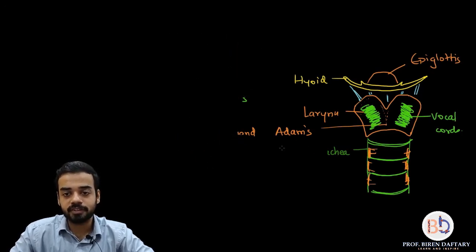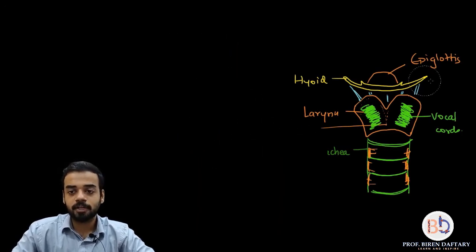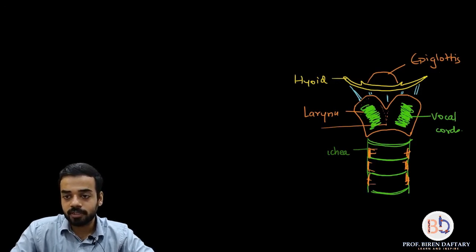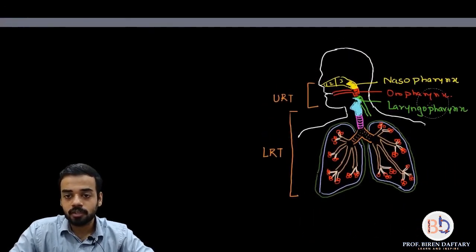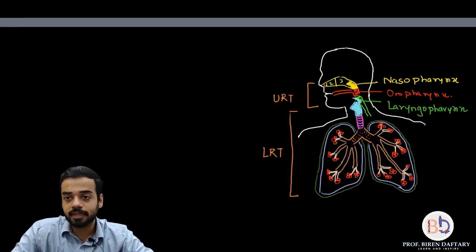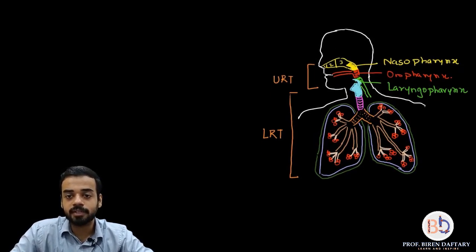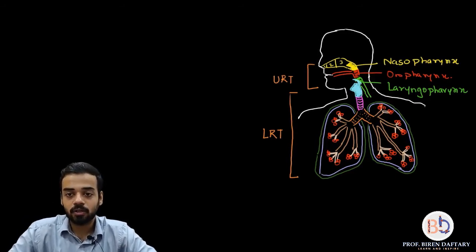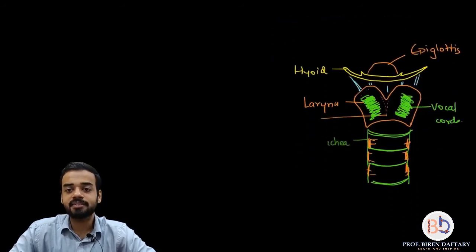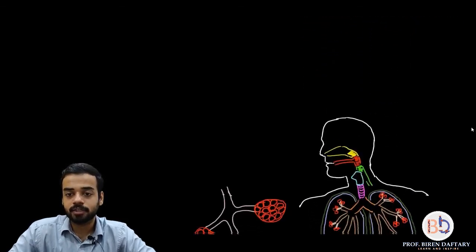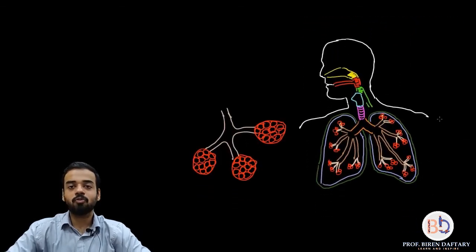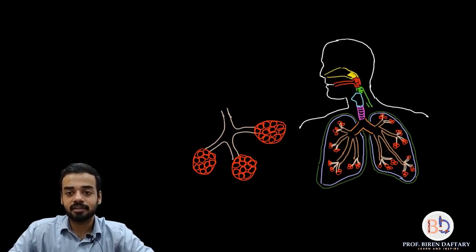So we have finished with that, and now the next part. Let me again scroll upwards. We have finished with this entire part, this purple area. Now we will start with the next part, which is called the bronchi. Let me go lower. We won't be needing this diagram because the bronchi are present below the trachea. Now let us go to this diagram. Please try to focus on this diagram. This I will explain later on to you.